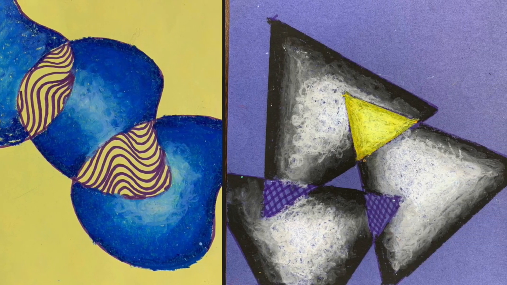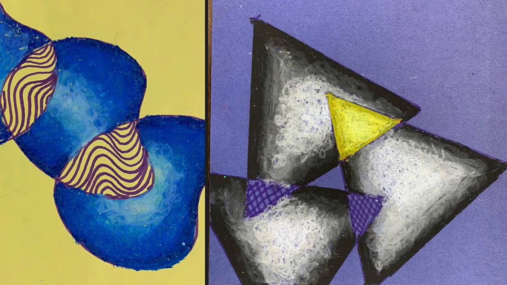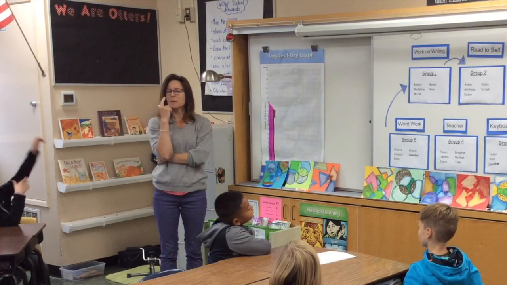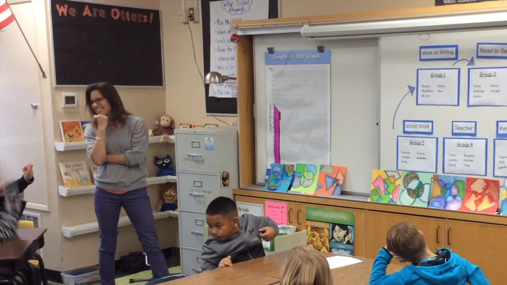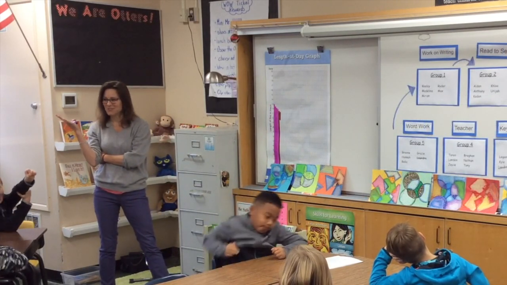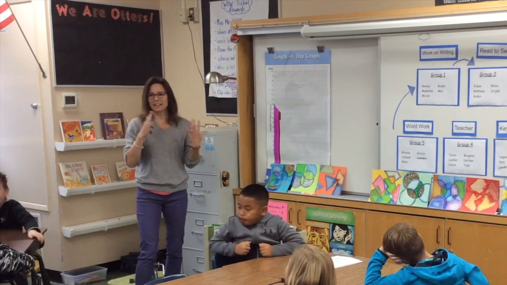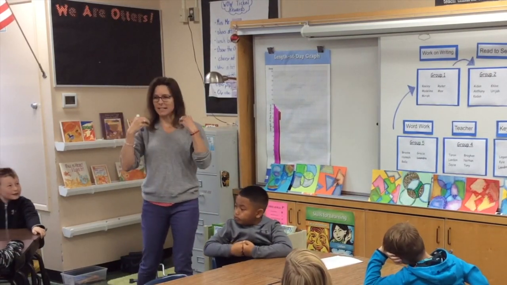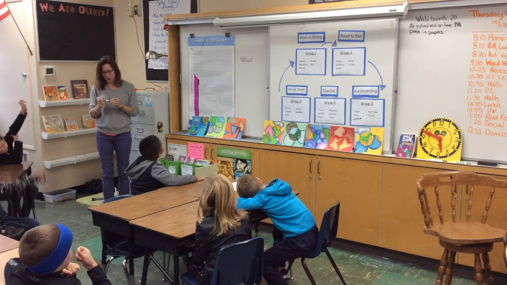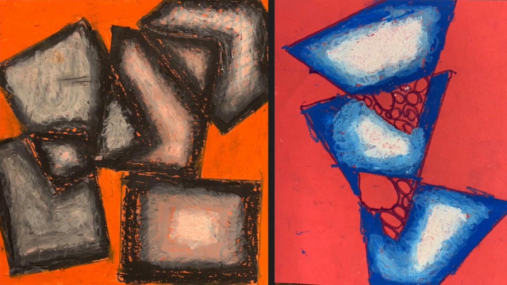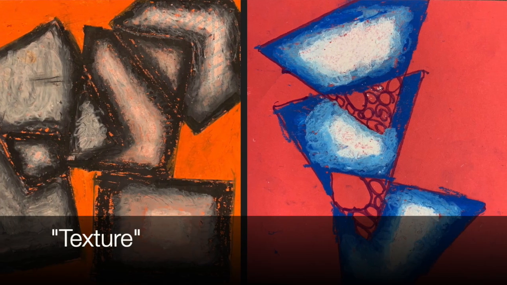There was an element of art that we talked about that meant light and dark. Can you remember it? Do you remember what it was? Everybody say value. Value. Okay, so when I say light and dark, you say value. Light and dark? Value. Light and dark. What other elements of art or artistic things can you think about when you see these?